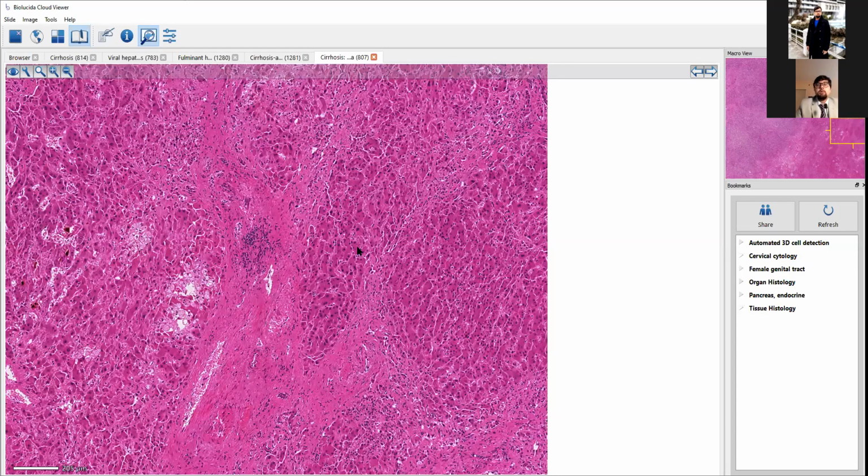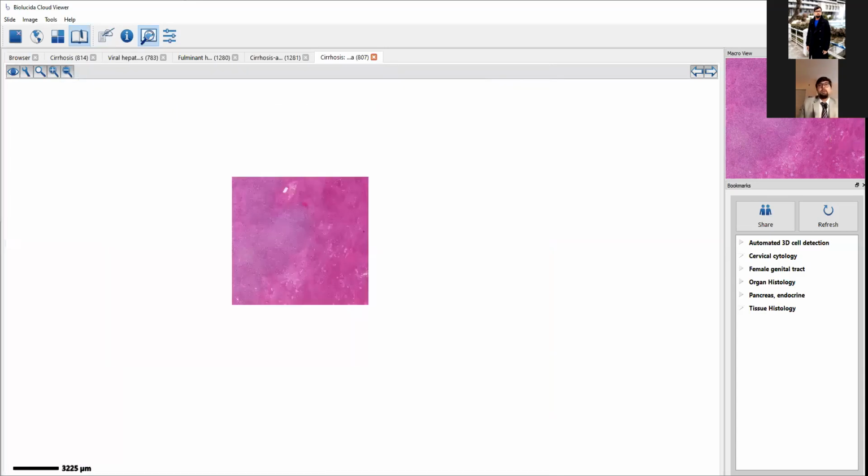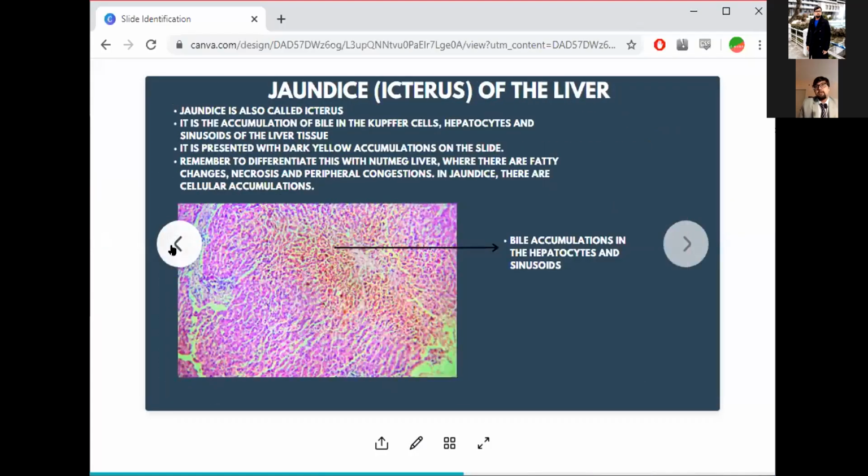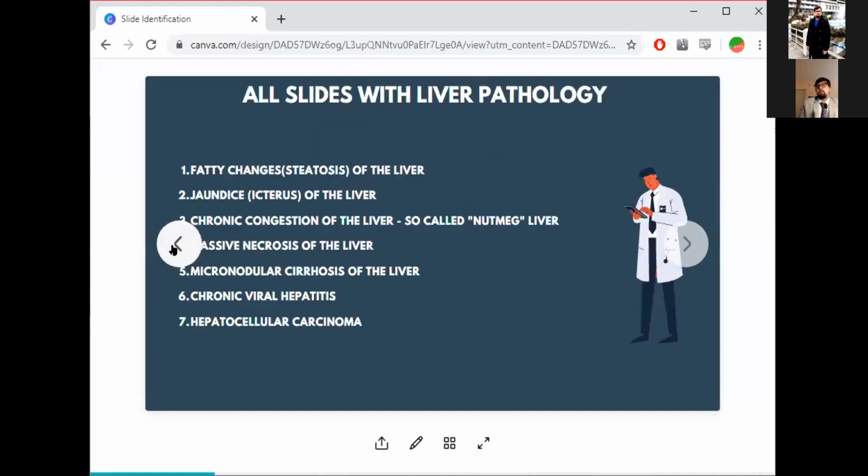So with that, I'm just going to revise what we've learned so far. We have gone from learning normal histology to understanding various types of diseases. There are seven major types here, like the seven major slides. Now, there is acute viral hepatitis. There's something called chronic myeloid leukemia of the liver and hemangioma of the liver. The reason why I have not covered those three slides is because they're not part of liver pathology per se. They're also part of cancer and neoplasm. So for neoplasms, the approach should be a little different.